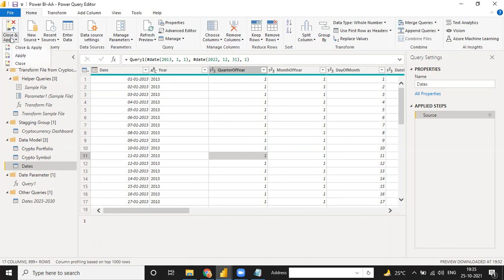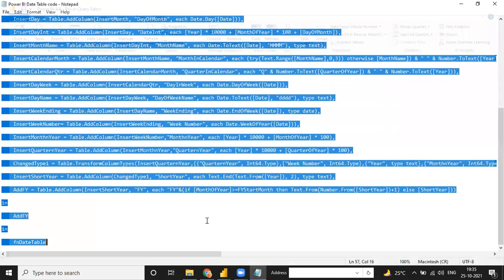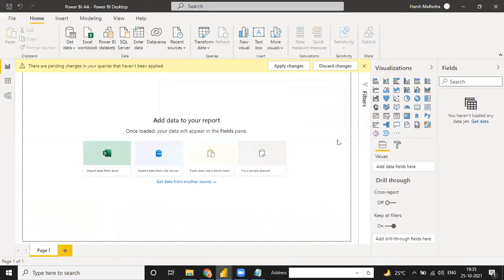See, close. And guys, every time you work on a Power BI project, you have to always close and apply, because you have to close this Power Query window and apply into the Power BI view. In Power BI we have two windows: one is Power BI load and one is Power BI editor. So always click close and apply. This window will be closed and your data will be loaded into Power BI.